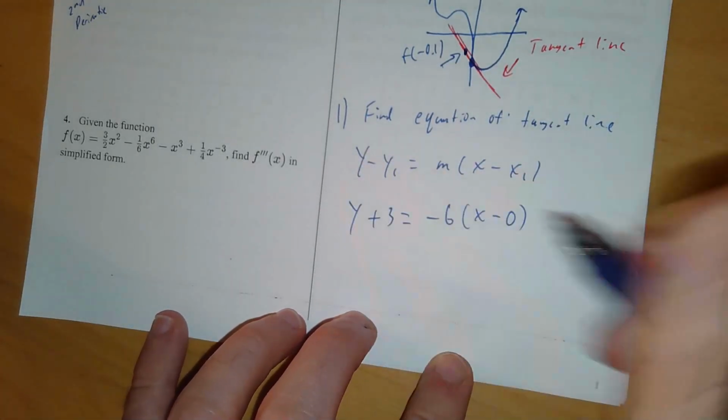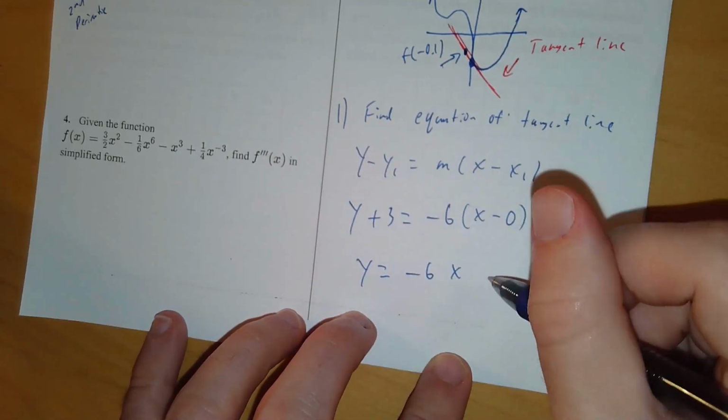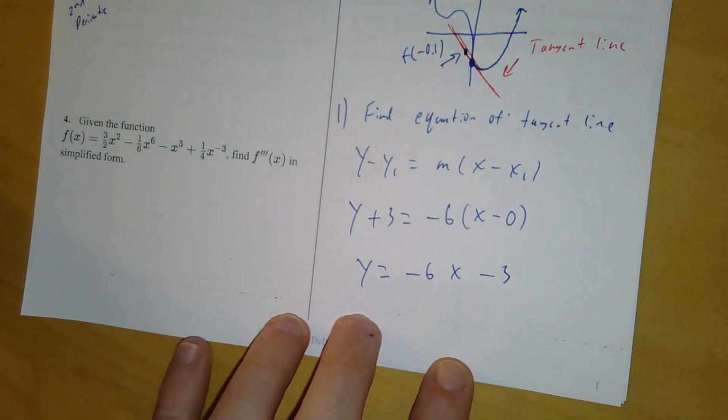So when I simplify this, I'm going to get y equals negative 6x minus 3. That's the equation of the tangent line. So that was step 1. Step 2,